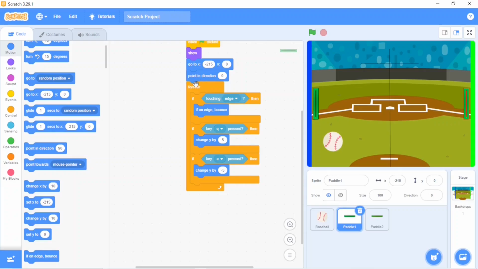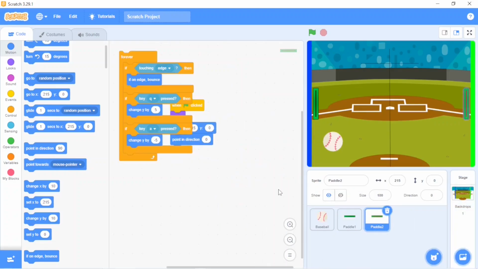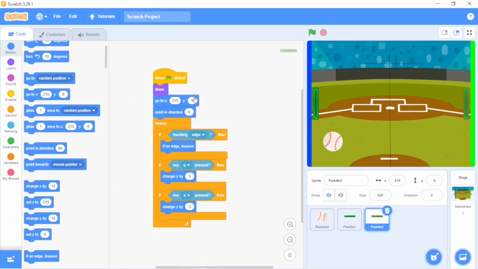Now, just take this forever, put it in the other pedal too. Now join it to the when flag clicked, so go to X and Y. I'll change the keys. Q pressed will be up arrow, and A pressed will be down arrow.